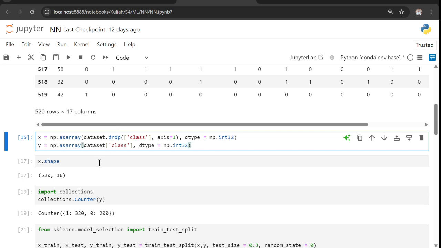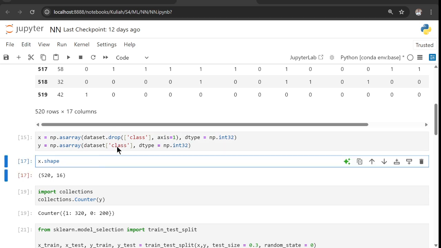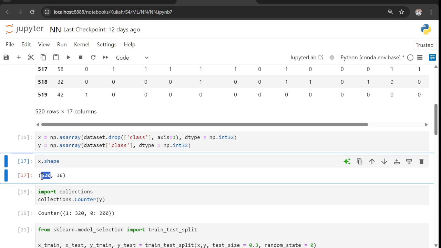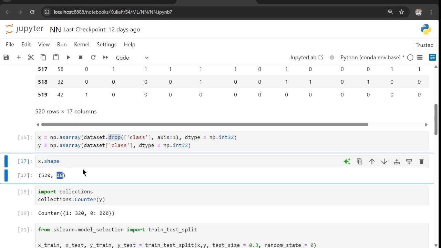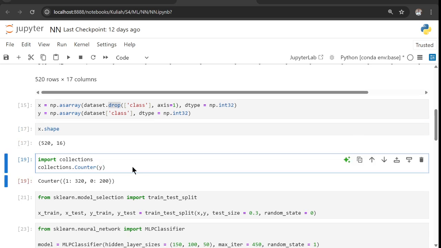Then after that, I check the shape of the input data and count how many samples belong to each class. This gives us an idea of the dataset balance. So here is the shape. It has 520 rows and 16 columns because we already dropped the class. So from 17 it goes to 16.